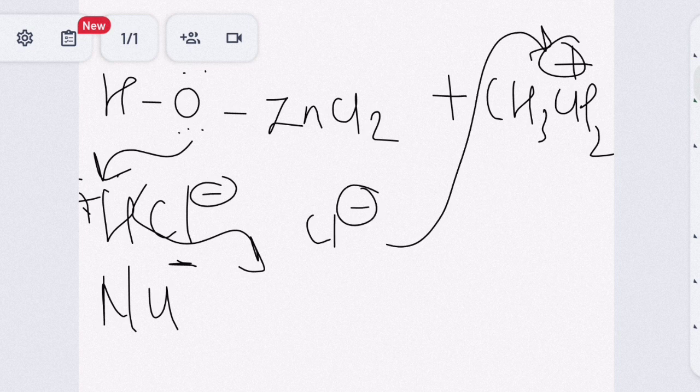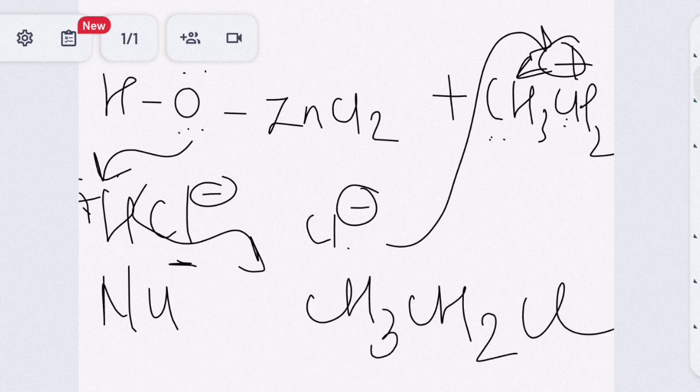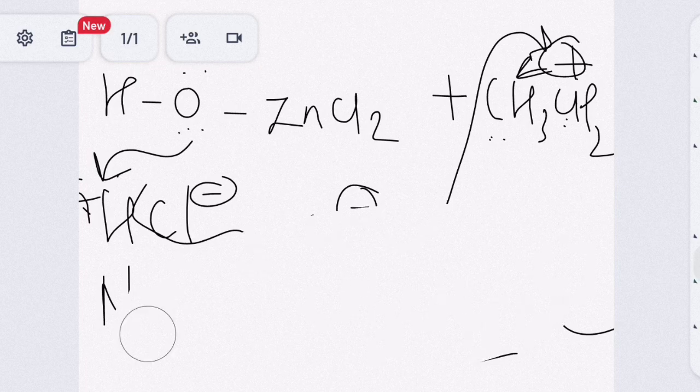Now as you know, rearrangement can take place. Here we have only two carbons which are in similar positions, so there is no difference between them, so no rearrangement. But this Cl minus will attack the positive charge, and we will get the haloalkane. So this is the reaction, and now we will talk about the stability of carbocation,